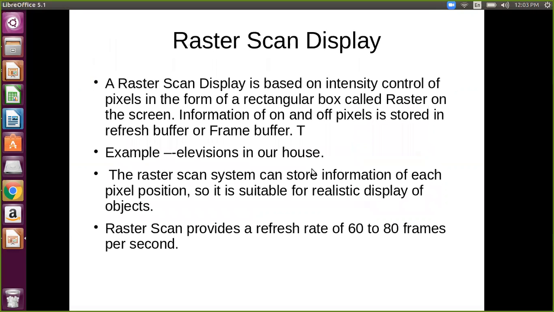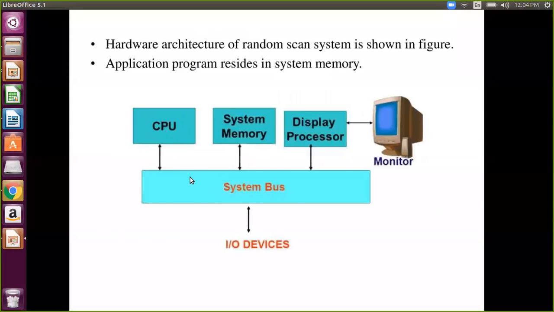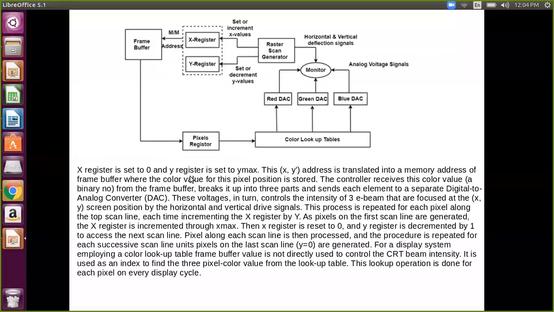Now it is drawing like this, but the display controller, you can see, is part of the display processor. In this, what is the main task? The keyboard and mouse give some feed through the input port. But first, in memory a buffer is taken, and that input is taken into the buffer, like we have discussed here, the frame buffer.